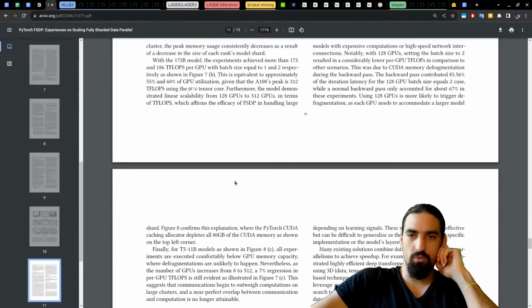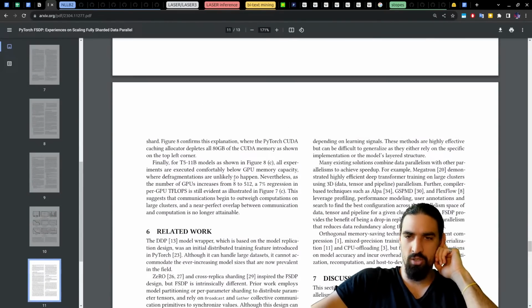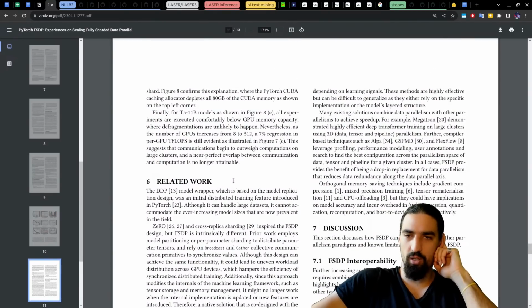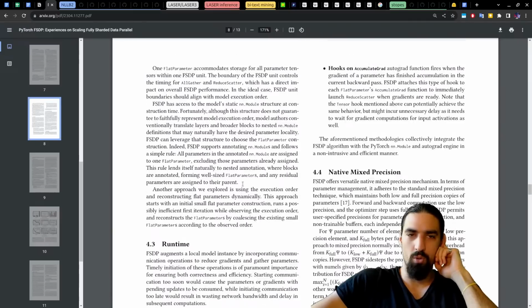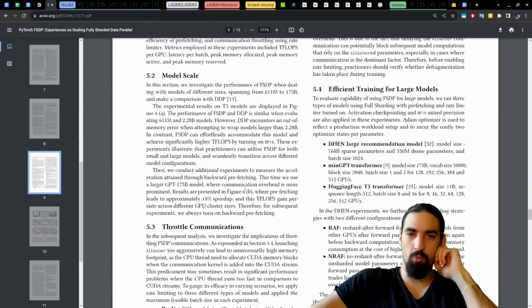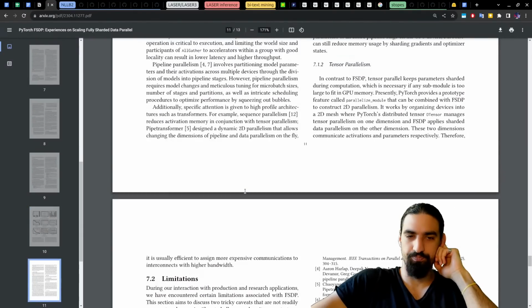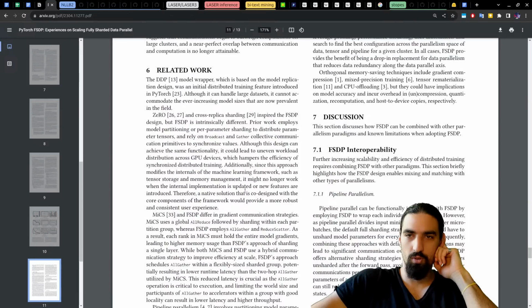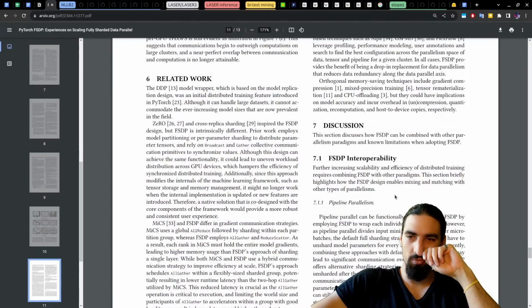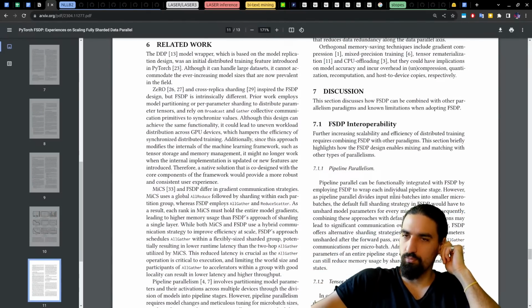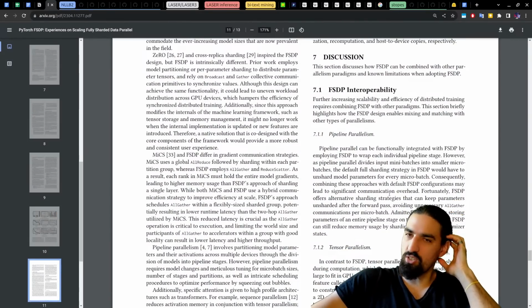Let's just kind of see the last sections here, and then we can go back. We have 1, 2, 3, 4 more pages. Related work, discussion, known limitations and how it can be combined with existing work.